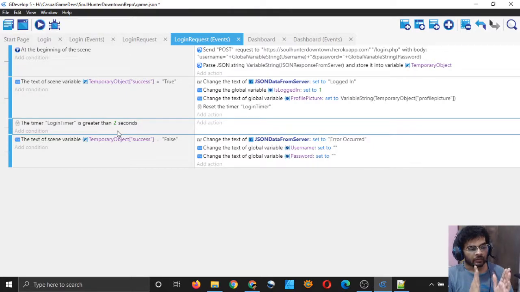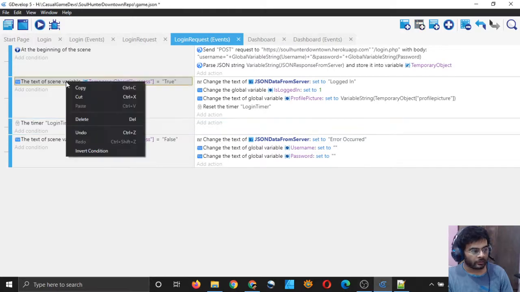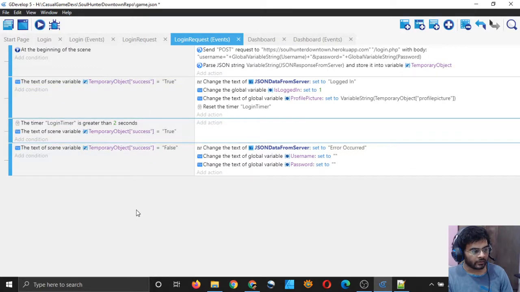And when the timer's value will be 2 seconds, I will change the scene to my dashboard, right? I will add one more condition here, that is the text of a scene variable is true, just to be safe. I will simply copy this and paste it here, just to be safe, right?